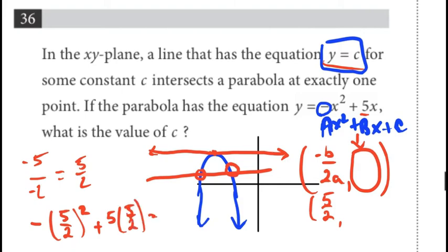And we get negative 25 fourths. Remember, the negatives on the outside. I'm going to put this up on the top here. So we get negative 25 fourths plus 25 halves,